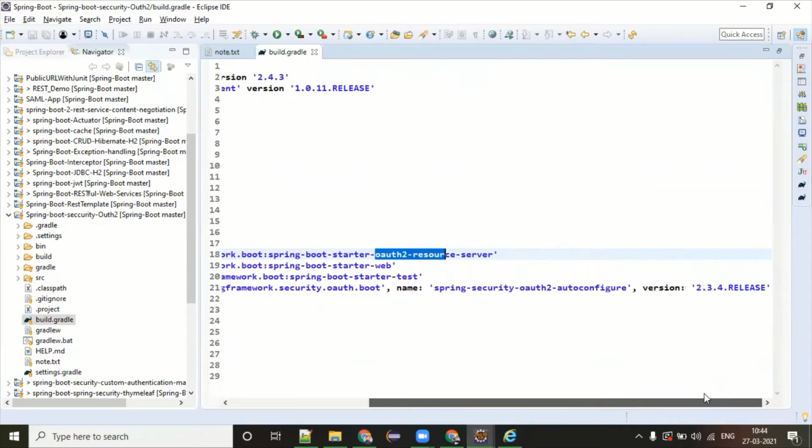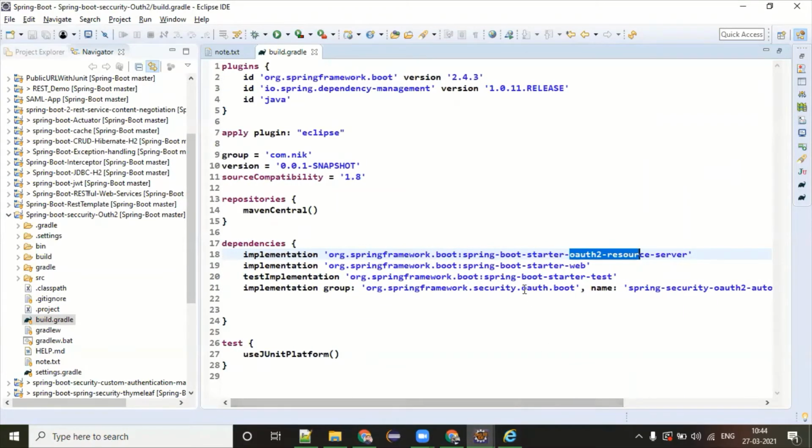That's all. I don't have anything else. One more library I have taken, auth2 boot. I might be thinking this might not be required, but I was facing some issues, so I have taken this. When you are working on this, try removing it and see. Okay, so these are the dependencies you have added to achieve the auth2 related mechanism.